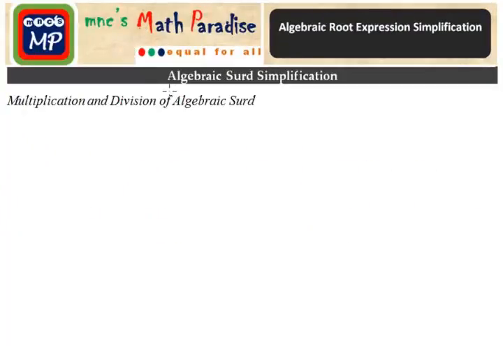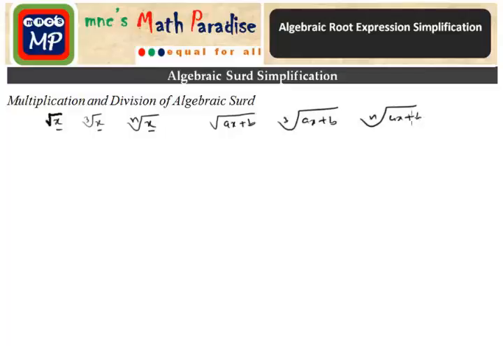In this section, we will learn to simplify algebraic expressions that have surds. An algebraic expression will have a surd if that expression has a square root or cubic root or any nth root of a variable or sub-expression. Not only a variable, it can be any kind of sub-expression like this, or cubic root of this, or nth root of this, or any other form like a square or any other form.